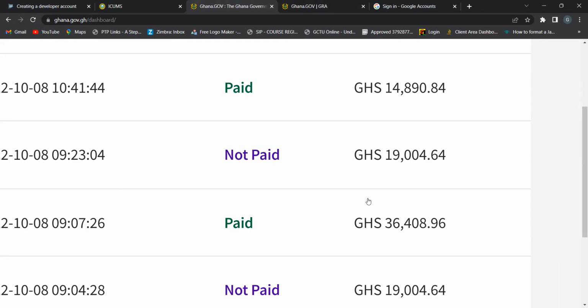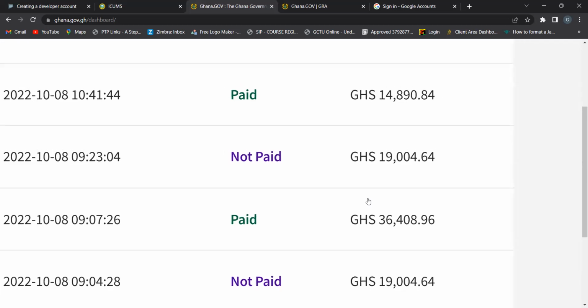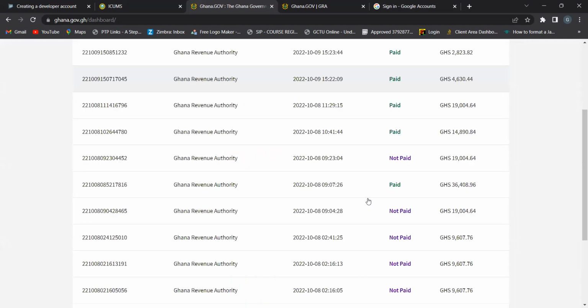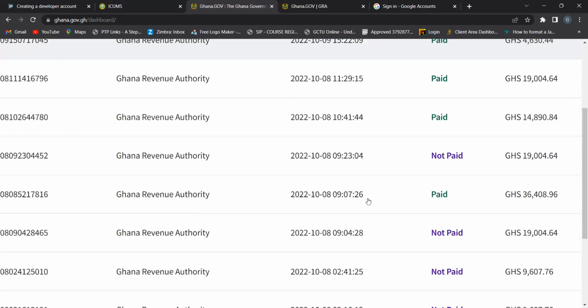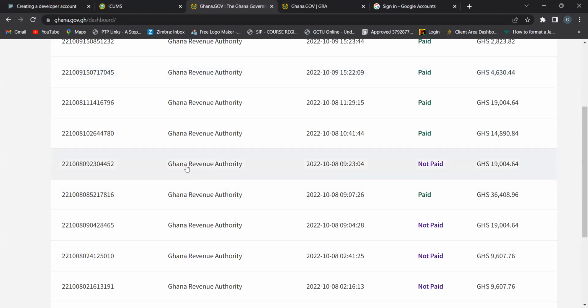Or it has come, you didn't see, or you don't have enough money in your Momo account. So the payment will be declined, but it will record over here as not paid. Now, for this one, don't start the process afresh, just to avoid any problem. Don't start afresh. Just click on the particular one